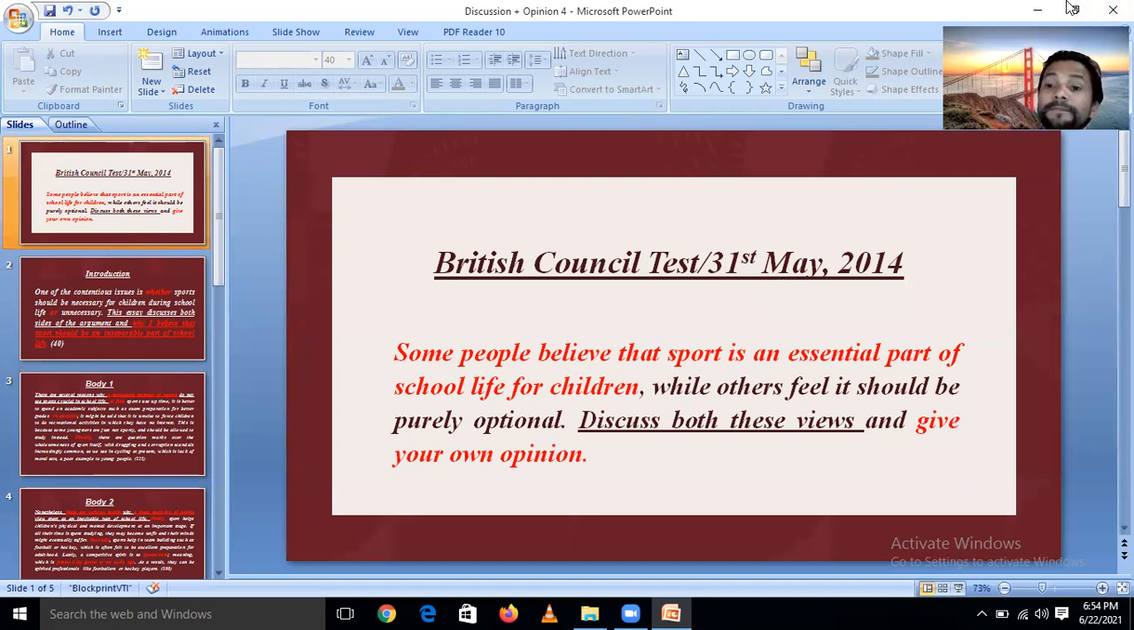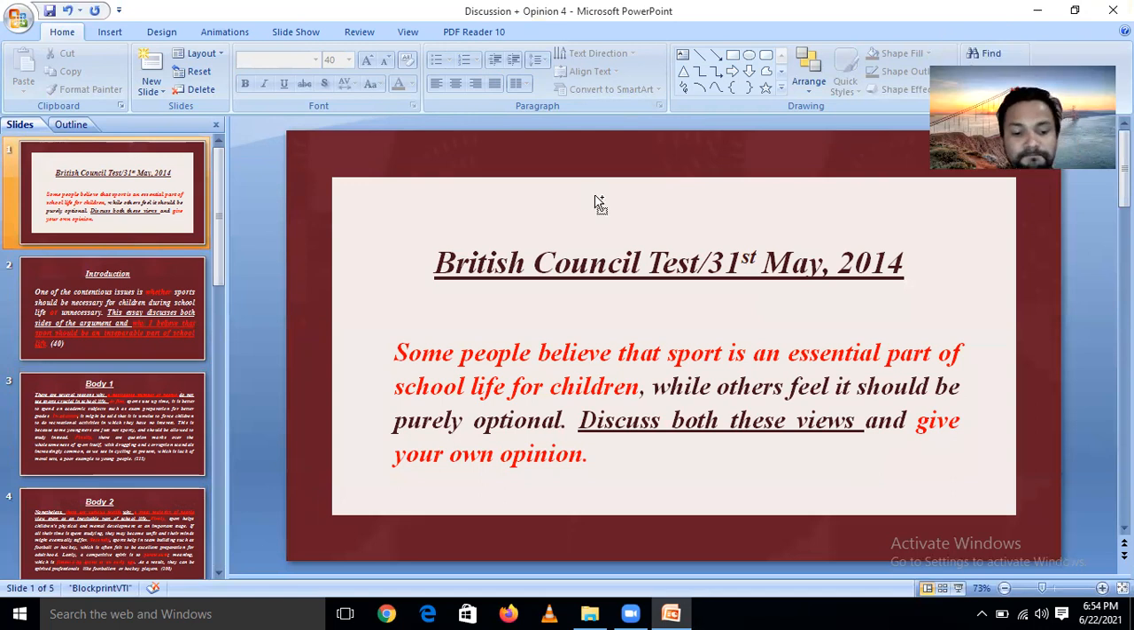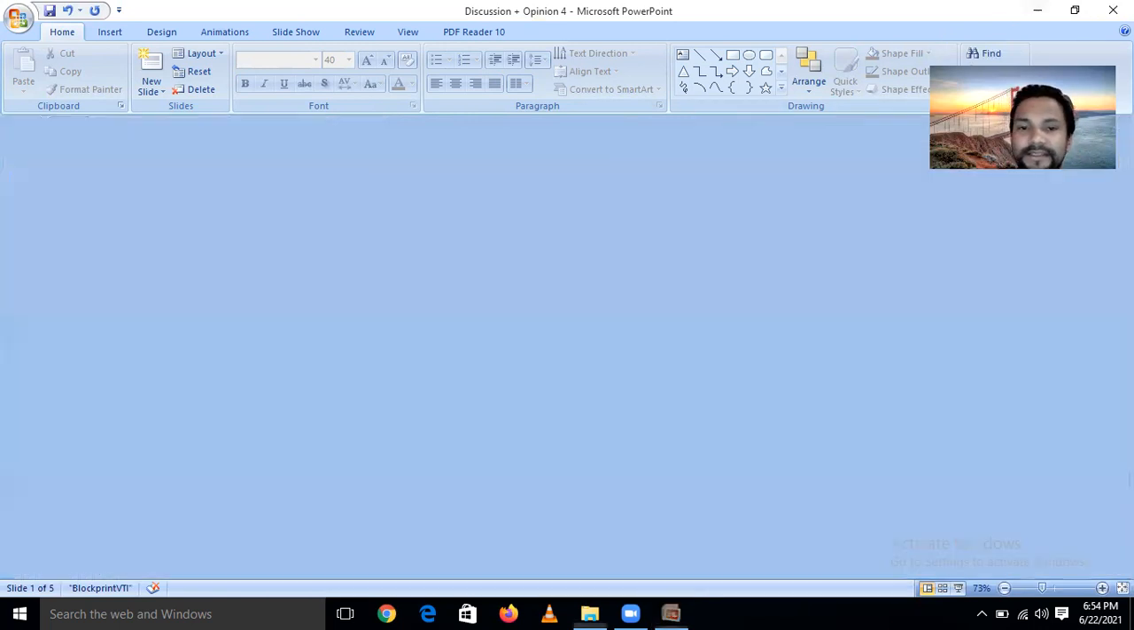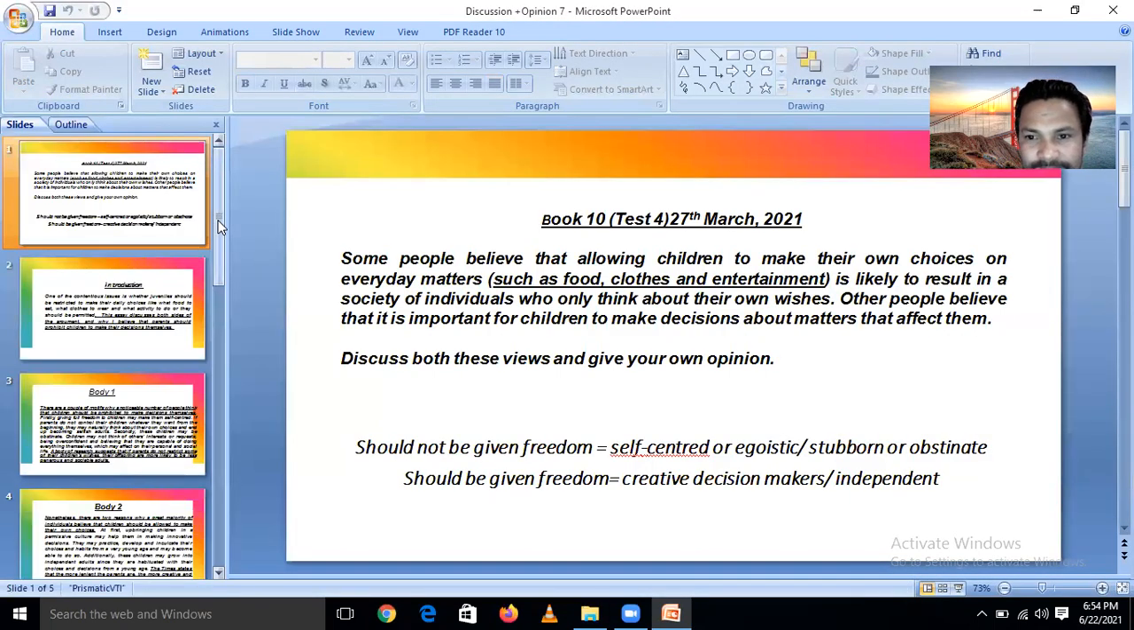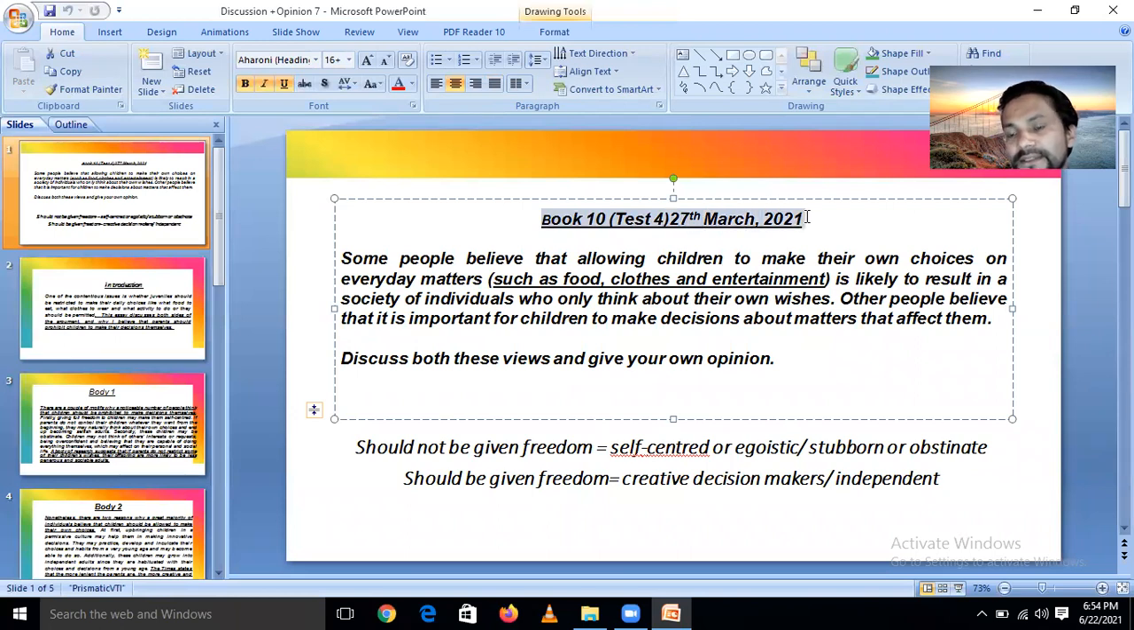Okay, let's go to another sample essay for this. Here is the question. This question is from Book 10 of the Official Cambridge series. I recently wrote this on 27th March 2021, and this is Test 4. Now look here. You need to clearly understand that some people are always on one side, while other people